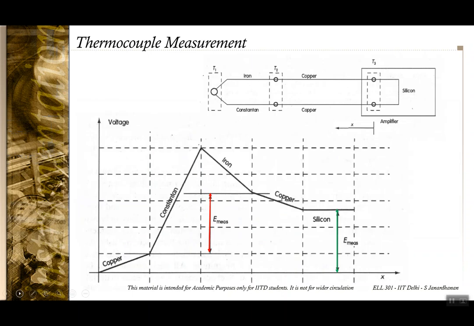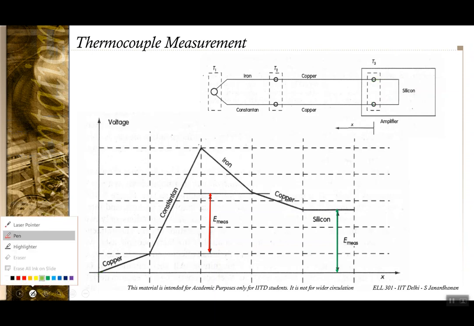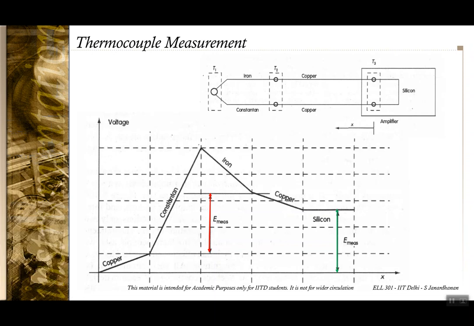Okay, now let us start from the silicon part. Let us assume that both the parts of the silicon are kept at the same temperature. Now along this copper, let me use a different color so that it is easier to see. Okay, so along this line between copper and constantan, and since these two junctions,